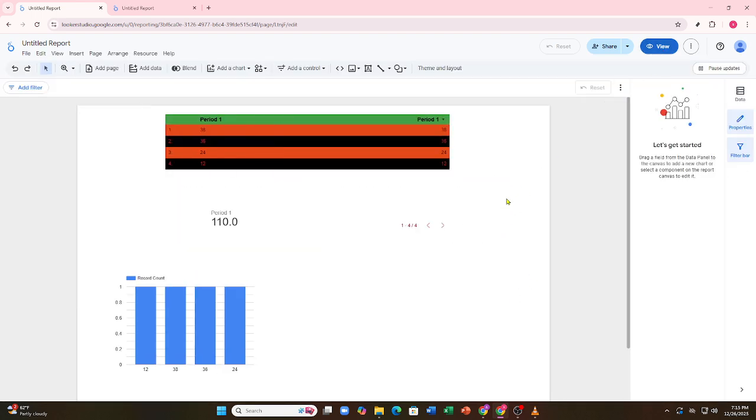And that's it. By using scorecards with comparisons, date controls, trend charts, and breakdown visuals, you can create powerful comparison